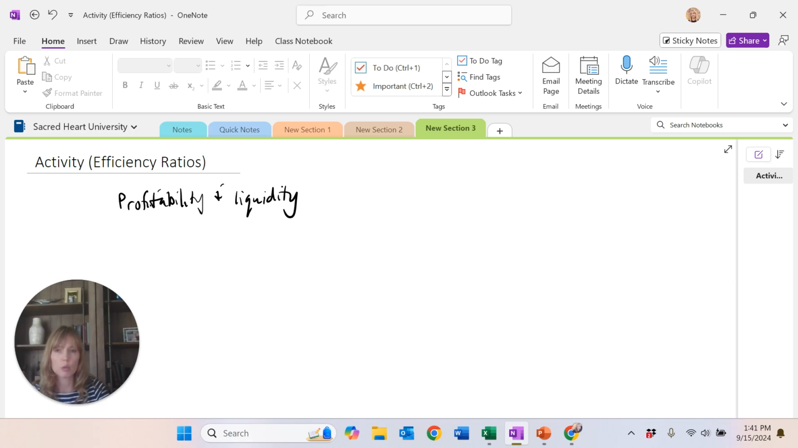With these activity ratios, we want to know how effectively or how efficiently the company is using its assets and its equity, or maybe specific assets, in order to earn sales revenue and net income. Because if a company is not using those assets or equity efficiently in order to produce revenues, then we want